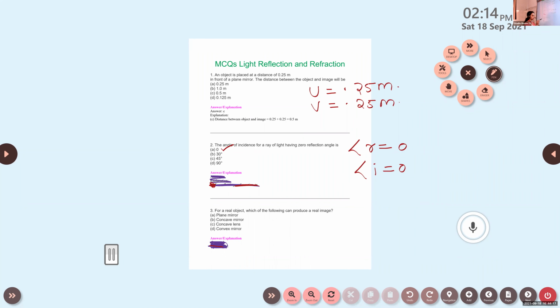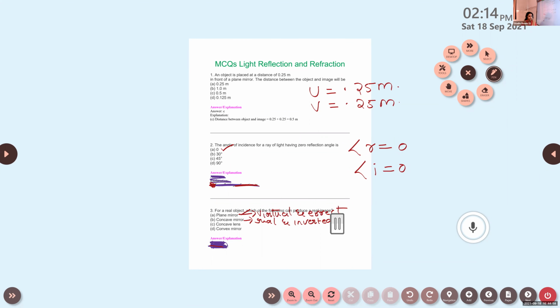We can go one by one. What about the case of a plane mirror? What is the nature of the image formed by a plane mirror? Virtual and direct. Yes, virtual and direct. Now the second case, the image formed by a concave mirror. We have 6 different cases, and in most of the cases, what is the nature of the image formed by a concave mirror? Real and inverted.